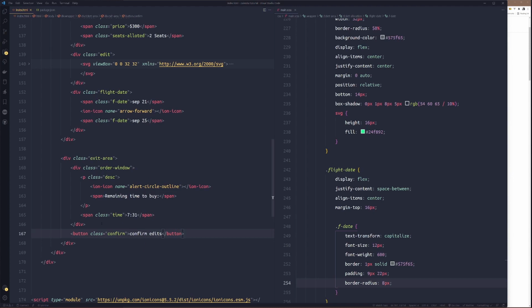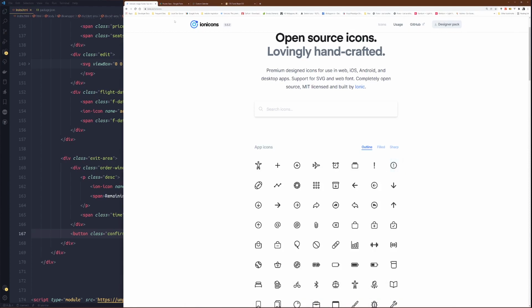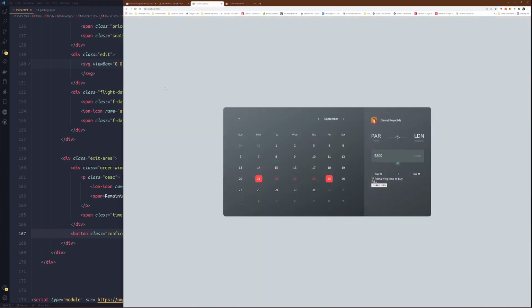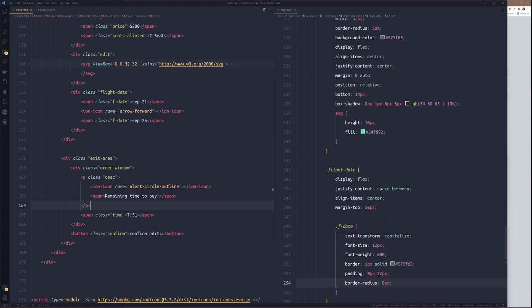All right. So now, back to our markup. Back to our design. We'll style this now.